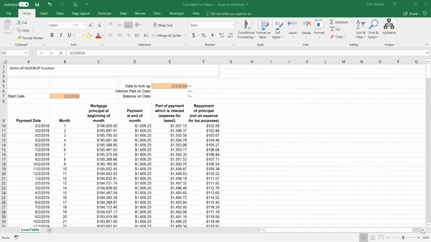Let's learn how to use VLOOKUP. VLOOKUP is short for vertical lookup, and it lets us look up a value out of a table based on the leftmost column in that table. So for example, if I wanted to know what the mortgage balance was any day within this payment period, this loan amortization period,